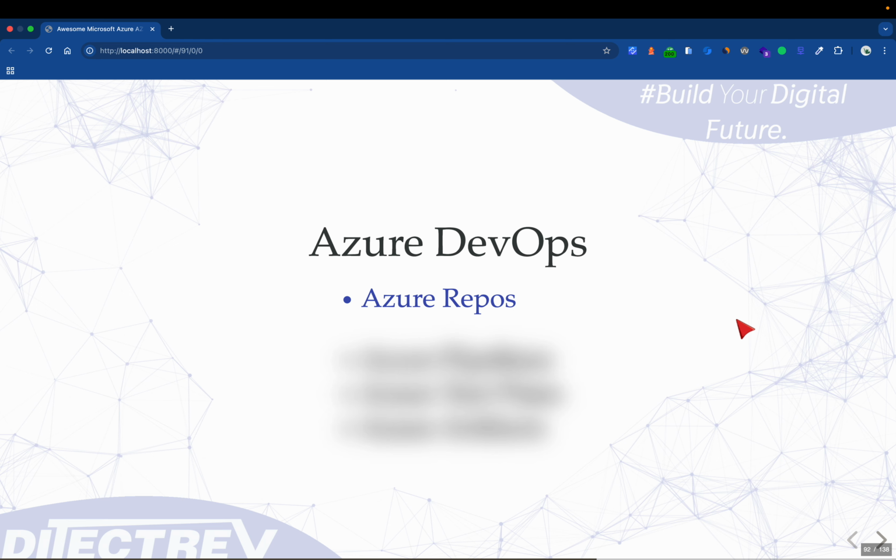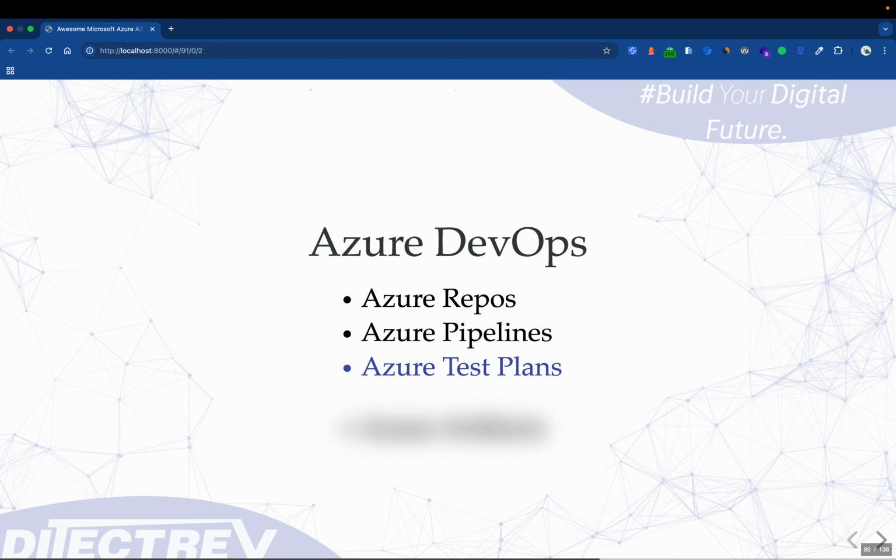For example, Azure Repos, which is Git repositories for code management, Azure Pipelines for continuous integration and deployment, with some of these, for example, to deploy to Azure storage, where you can build a release. Azure Boards, Azure Test Plans, and I forgot about